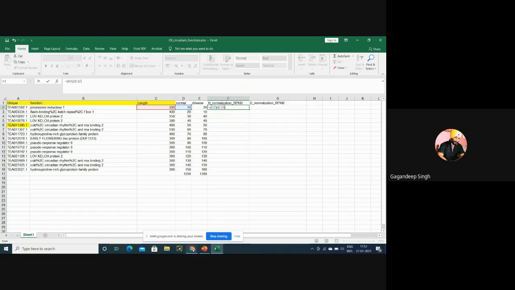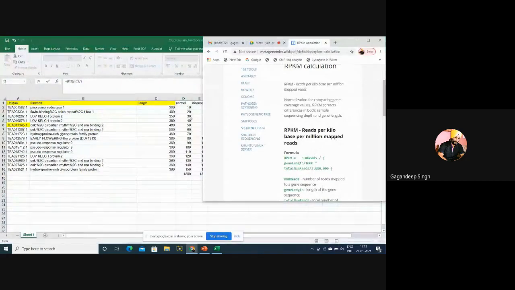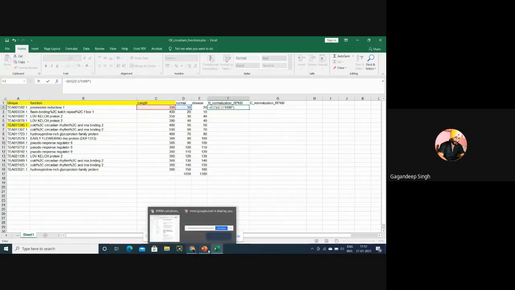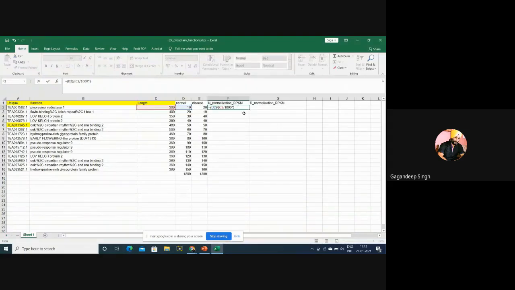divided by 1000 into total number of reads divided by into total number of reads.